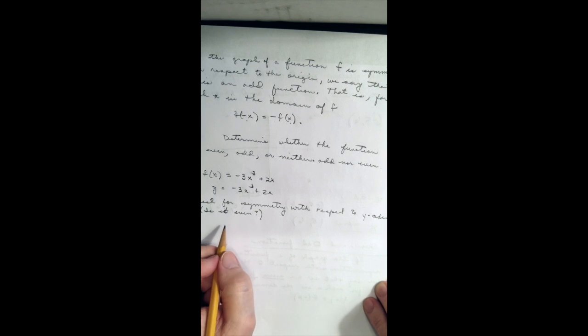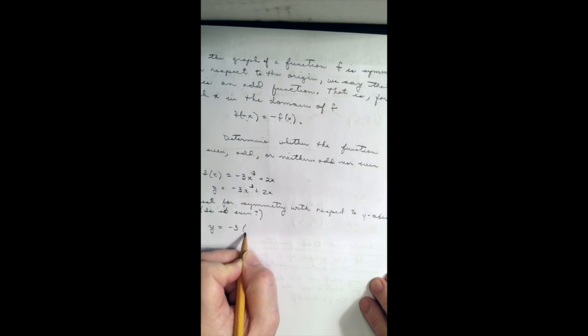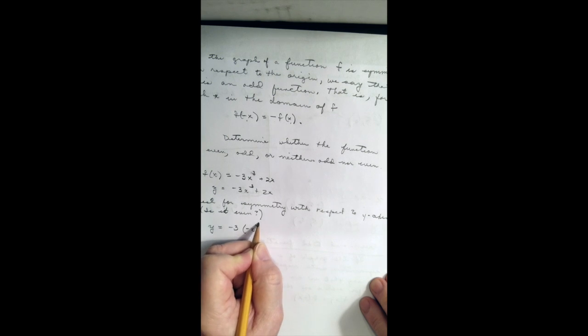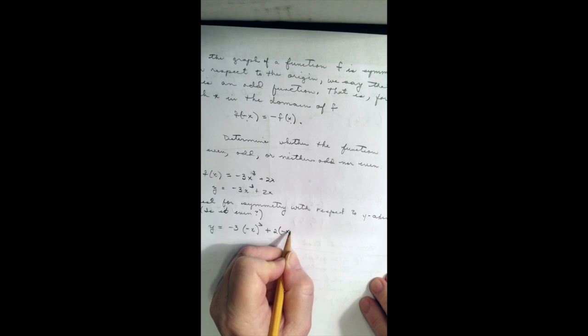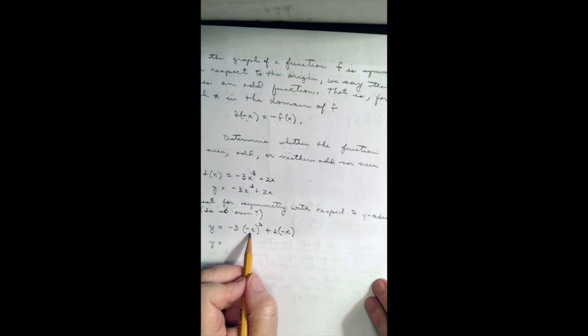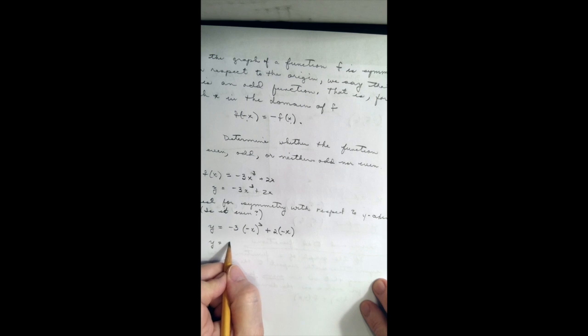And so we'll substitute negative x for x, so we'll have y equals negative 3 times negative x cubed plus 2 times negative x. And let's simplify this. So if we cube negative x, we get negative x cubed, times negative 3 is 3x cubed, and then